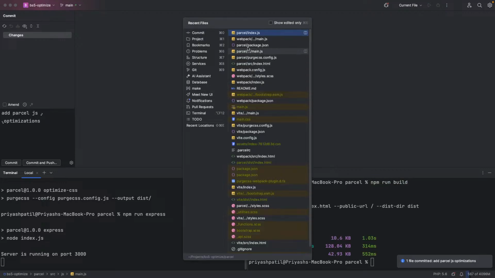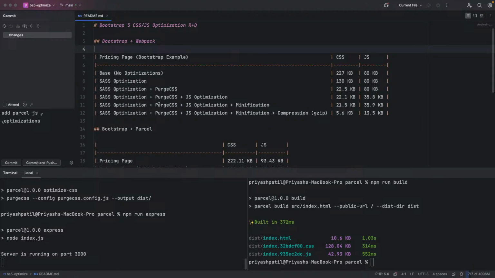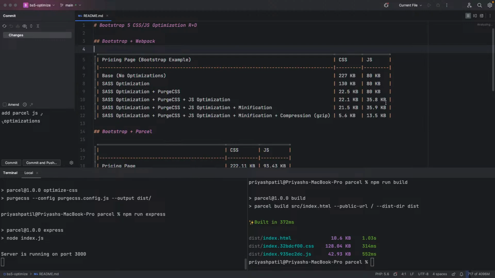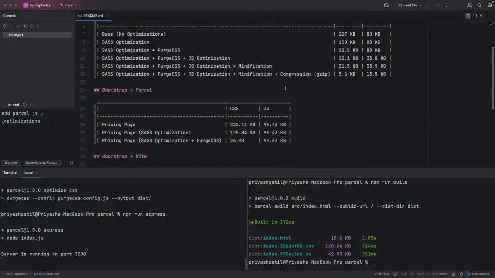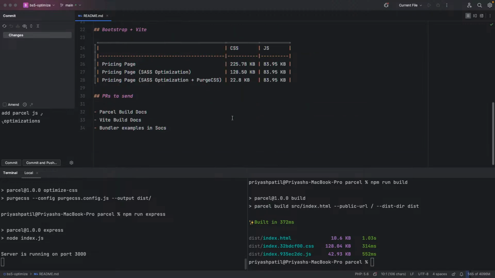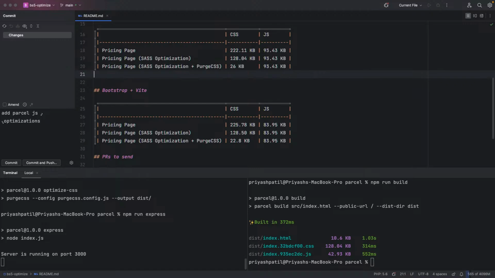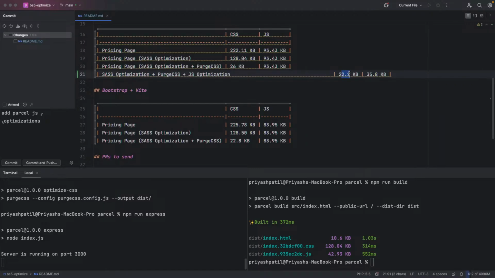So I'm just going to open the readme file here, and in here, JavaScript optimization is the line I'm looking for. Okay, in here then we are just going to paste it, and our first metric, like this one, is going to be the same as